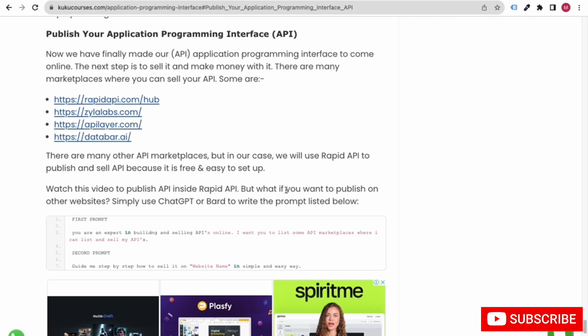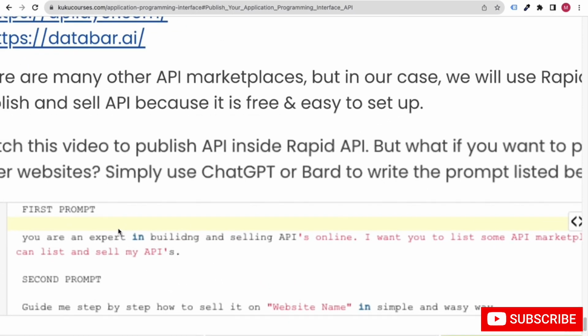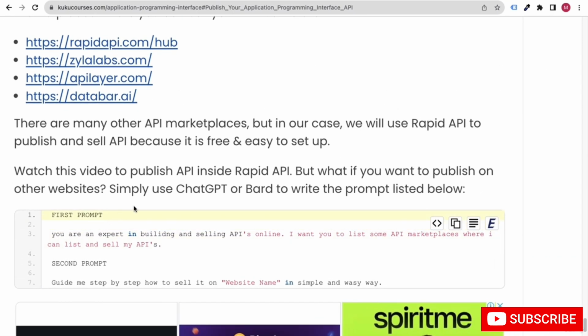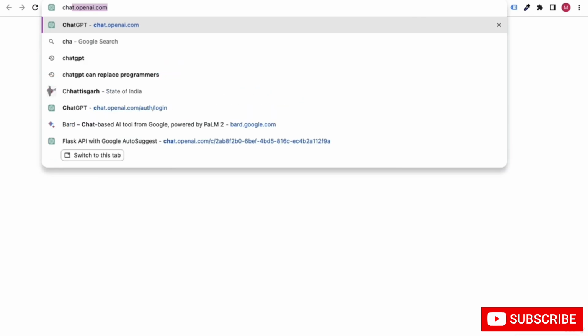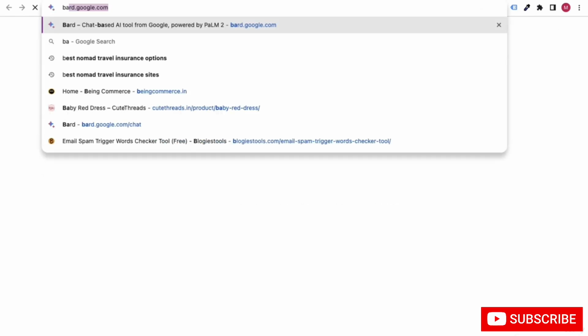So basically, my friends, in case you want to know other websites as well where you can sell it, you can put in prompts. For example, you can take the help of ChatGPT or Google Bard. So just go to, let's say, ChatGPT, or bard.google.com.